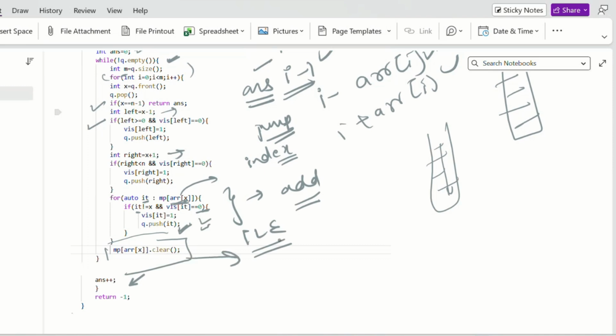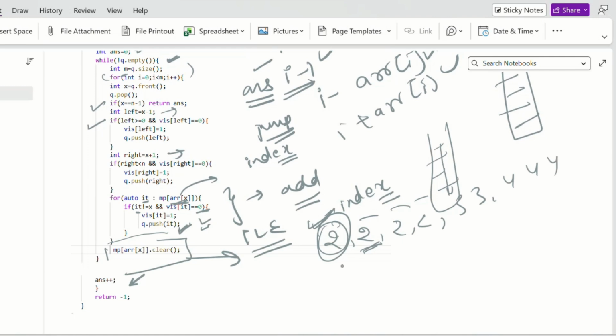Why have I used this? Because otherwise it takes extra time. If I have not used this, it will traverse all the indexes again and again every time. If the value at all the indexes is the same, then for every index it will check all the other indexes having the same value. So suppose I have done all the indexes with value 2, 3, 4.